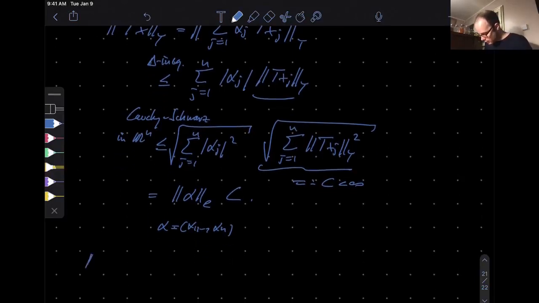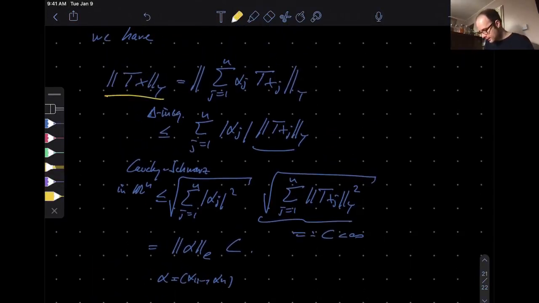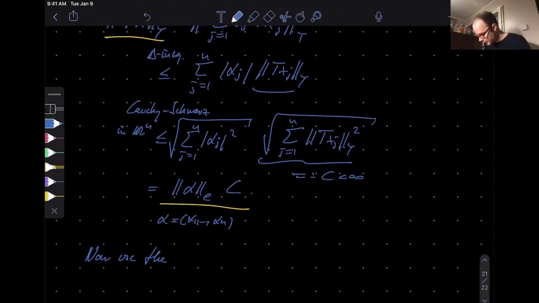Now, you're not done yet, right? You have estimated the norm of T x in Y in terms of the Euclidean norm, not in terms of the norm on X. Yeah, but X is a finite dimensional vector space. The equivalent norm theorem tells me that any norms on that finite dimensional space are equivalent to one another. So in particular, the Euclidean norm will be equivalent to the X norm on the space X. So now use that knowledge, use the